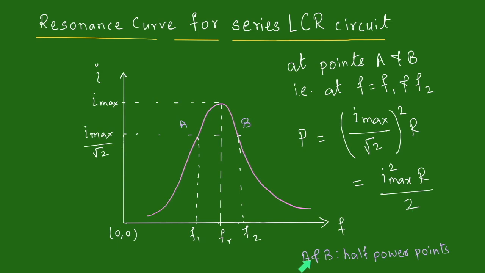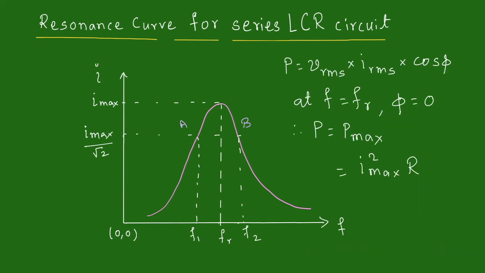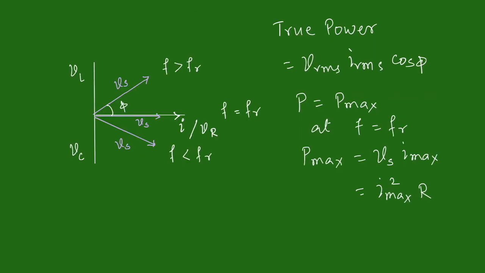And hence, these 2 points A and B are called half power points. This power is consumed only by the pure resistance of the circuit, and so it is called true power. As the frequency of the applied voltage goes on increasing beyond Fr, the phase difference between the applied voltage and current in the